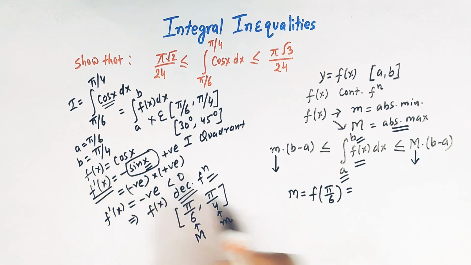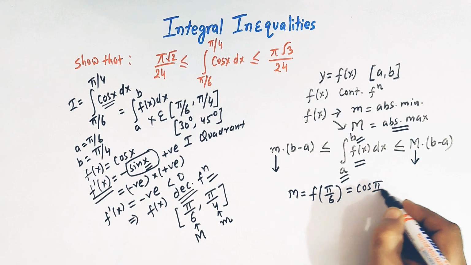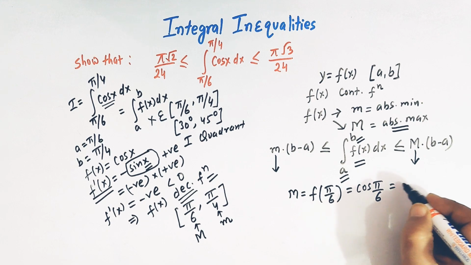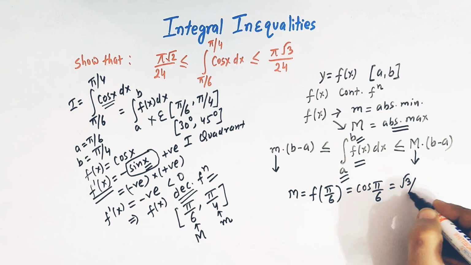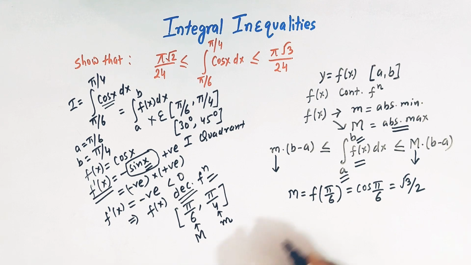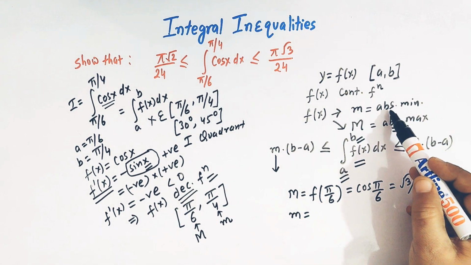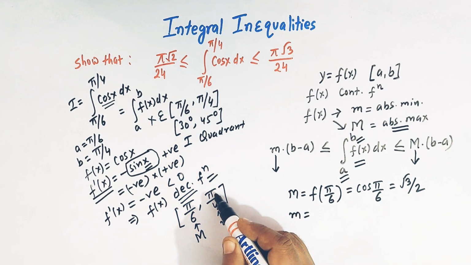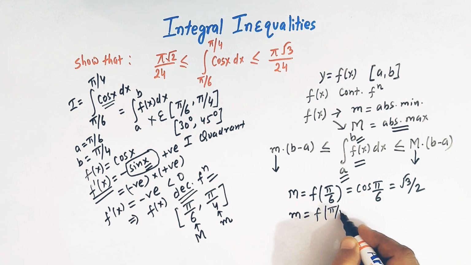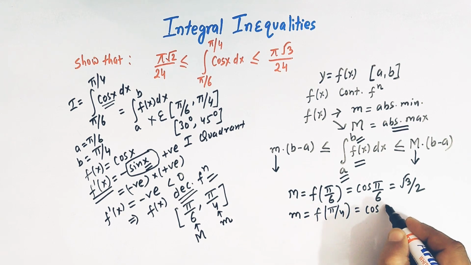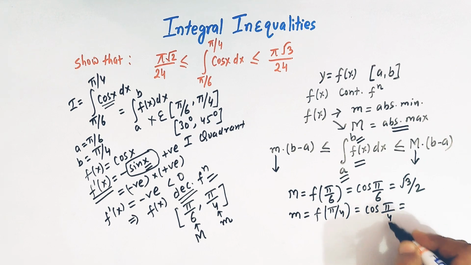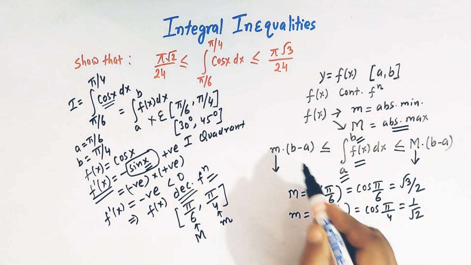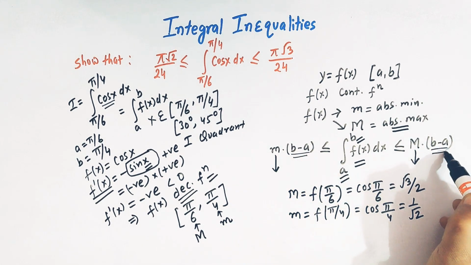तो f π/6 की वैल्यू हम यहाँ से फाइंड आउट करेंगे तो cos of π/6 मिल जाएगा। तो ये हमें मिल जाएगा cos 30 डिग्रीज, और cos 30 डिग्रीज की वैल्यू जो होगी वो square root of 3 divided by 2 हो जाएगी। और स्मॉल m यानी कि जो एब्सोल्यूट मिनिमम होगा इस इंटरवल में वो हमें मिलेगा π/4 पर। तो f of π/4 जो होगा वो हमें मिल जाएगा cos π/4। तो cos 45 डिग्रीज की वैल्यू 1 over square root of 2 आ जाएगी, राइट। तो चलिए b minus a की वैल्यू भी फाइंड आउट कर लेते हैं।